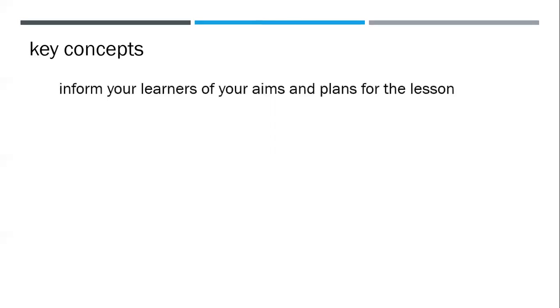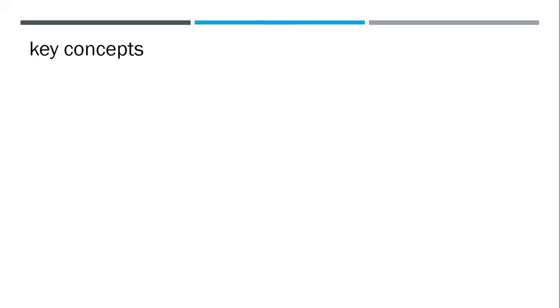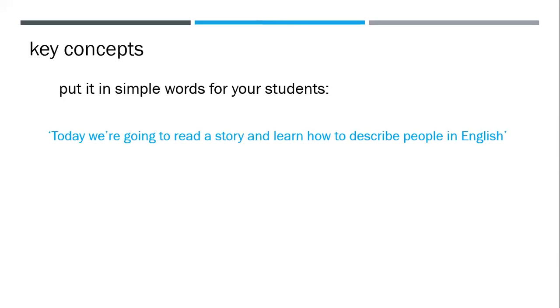Well, inform your learners of your aims and plans for the lessons. They should know what you expect from them, and it's great if at the beginning of your lesson your learners know what they will be able to achieve in the end. And they don't get confused and they don't get the feeling like they're in the middle of nowhere, right? And when you are informing your students of your aims, please put it in simple words. For example, today we are going to read a story and learn how to describe people in English. Very simple, without any